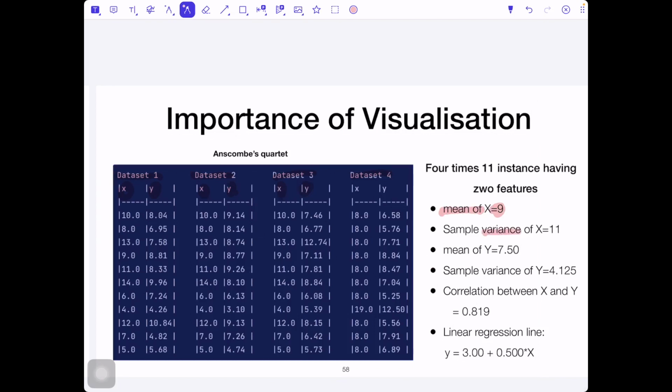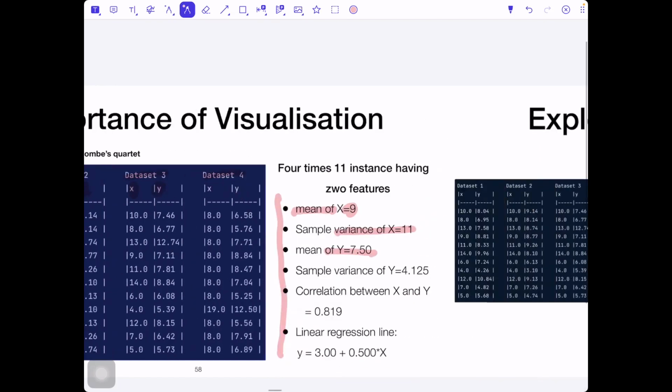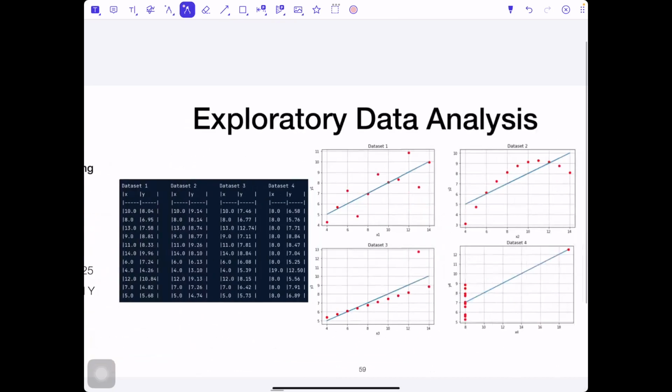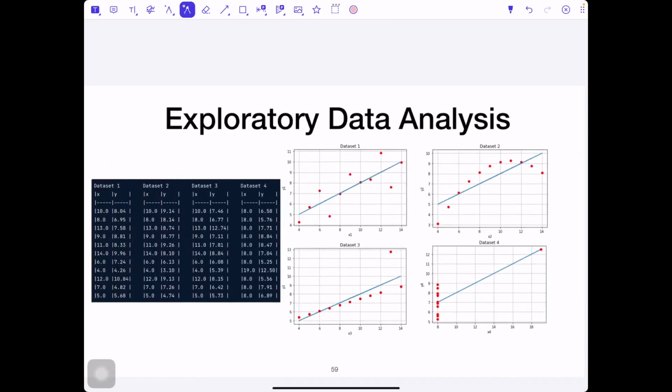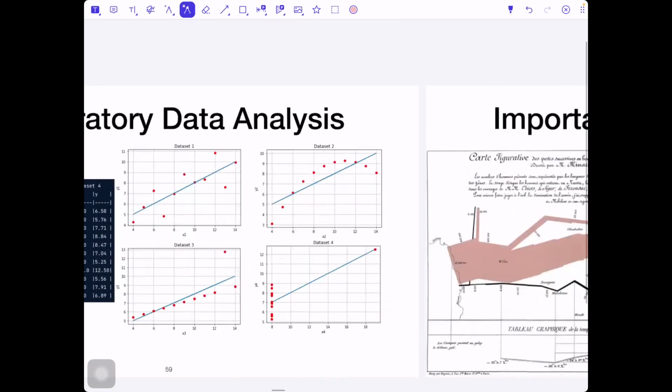If we take the variance for x, it's 11 for every x. If you take the mean for y, it's everywhere the same. So what I told you before. But if we visualize every dataset, then we can see that they are very different from each other. So this just gives us the idea of the importance of visualization.